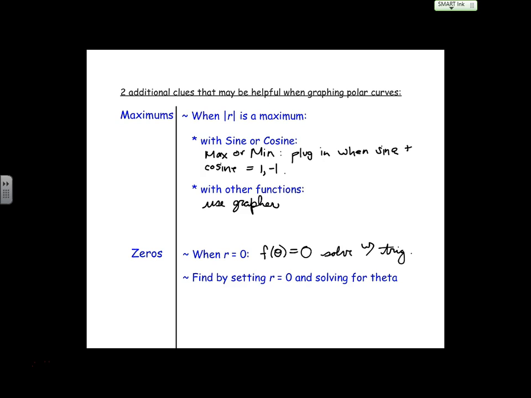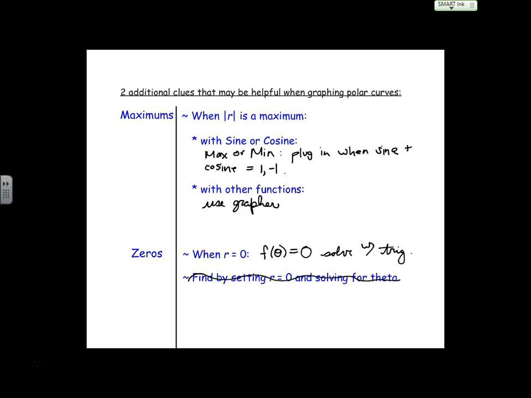You just set f of theta, or r, equal to 0 and solve for theta. So that in homework, when they ask you to find the maximums, minimums, and the zeros,